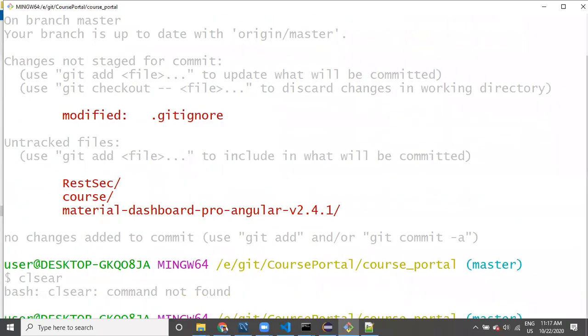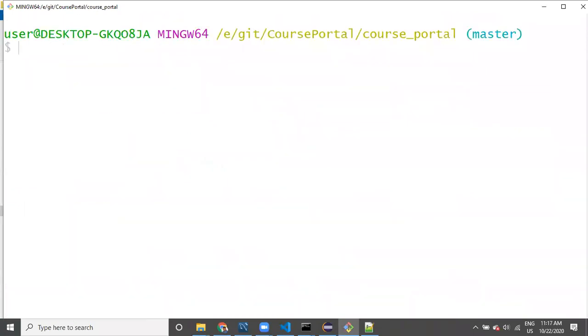So now the next step: you can see what are the different files we have added. We can check that with git status. Now we can say git add dot, which marks the files. You have to add the files which need to be committed to the server.